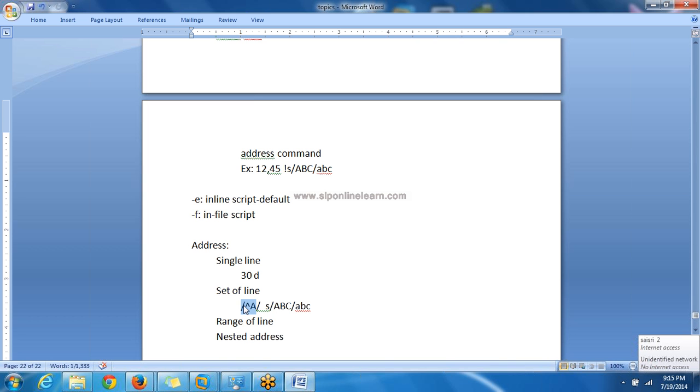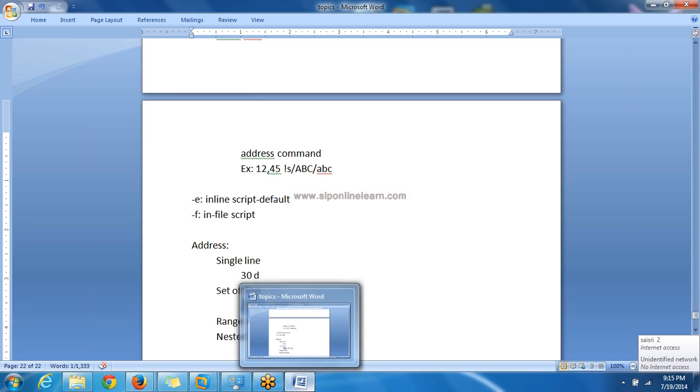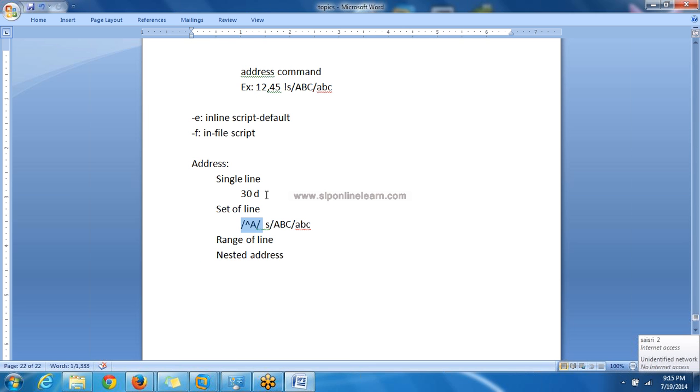Okay, then this sed command assumes it as a regular expression. For addresses there is no need to use any symbols, but for a regular expression use these slashes. Place your regular expression in between slashes, then the sed command will assume it as a regular expression. You can write anything, like suppose begin with some alphabets, capital alphabets.